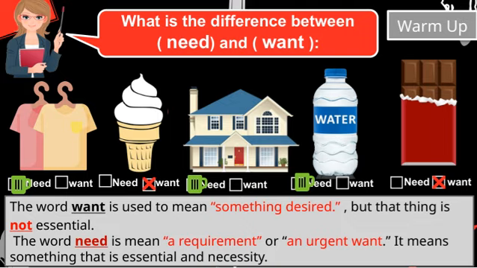If we look at the examples here, you'll see that need is associated with things that are necessary, like food or shelter, while want relates to things that are nice to have, like luxury items or entertainment. Recognizing this difference is important because it helps us prioritize what truly matters versus what we simply desire. So, when we think about our goals or decisions, understanding whether we need or want something can guide us to make better choices aligned with our real priorities. This distinction is a key part of managing our resources and making responsible decisions overall.